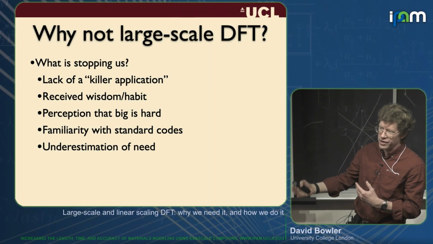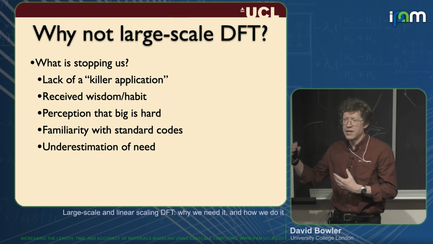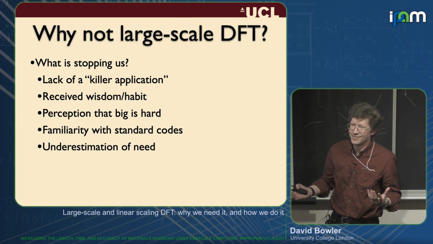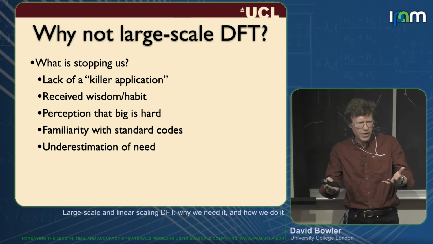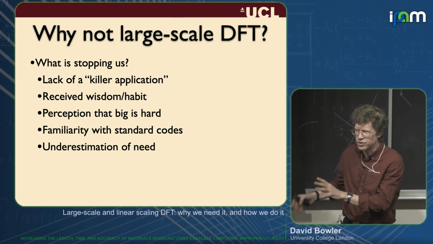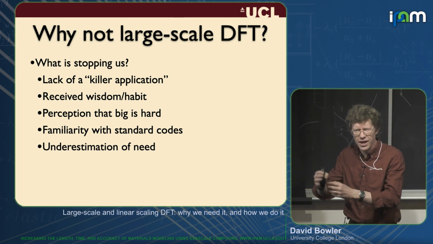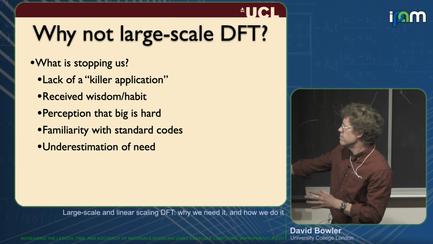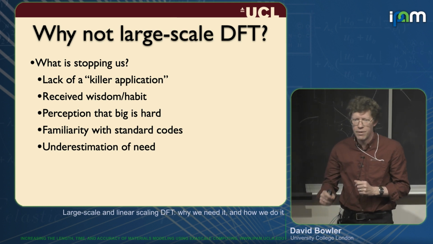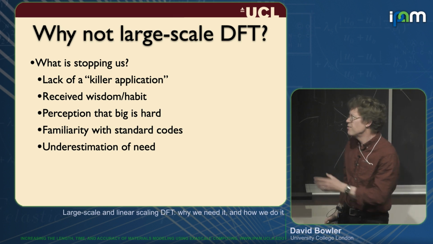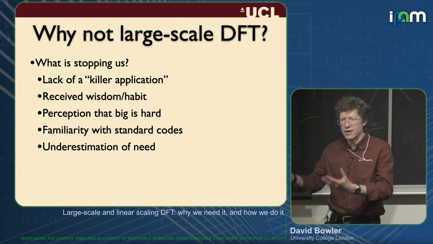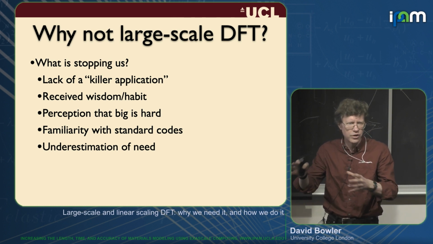I find that undergraduates that I give my code to will regularly break the machine because they assume they can do thousands of atoms. Whereas an established DFT practitioner, you say, I want to do this calculation, and they say, oh, well, we can't go much beyond about 200 atoms there. Let's figure out how to truncate it down. People sometimes think that big is hard, but actually there's a bunch of codes now where big is easy. The only thing that actually might be difficult is data analysis. When you've got 10,000 atoms, there's an awful lot more going on in your results.